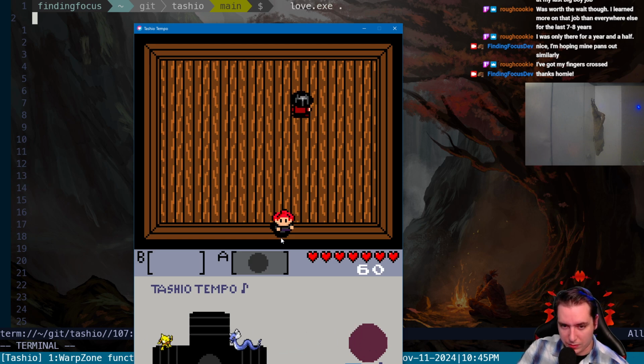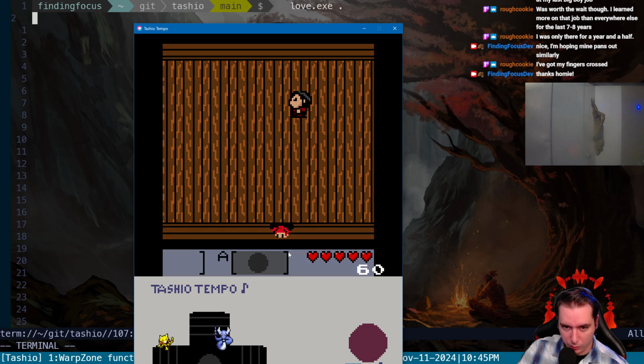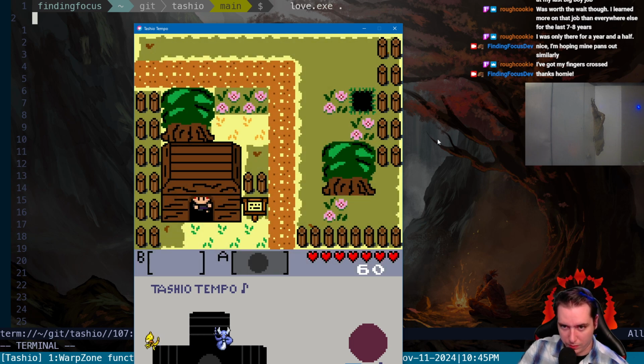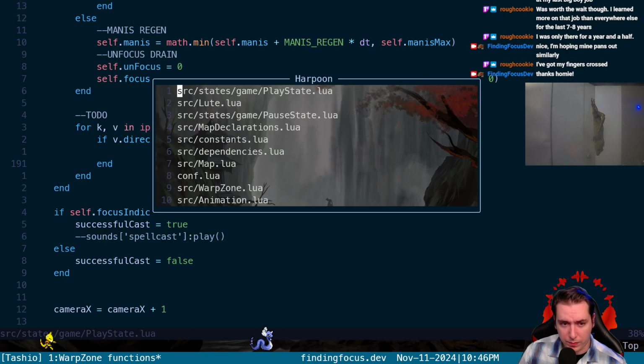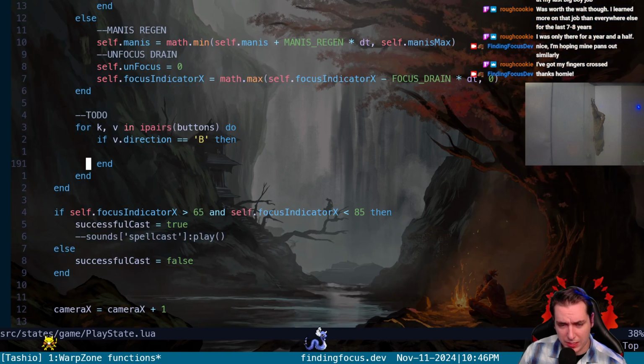And that's where we insert the warp zone, because we collide with the little warp zone just down there, and then it triggers the animation and it loads the new scene. So I want to be able to functionalize this